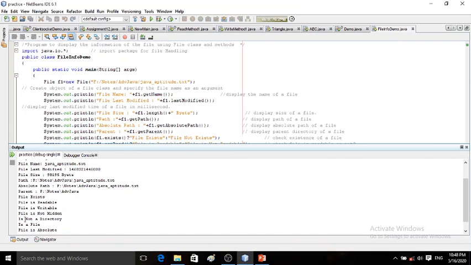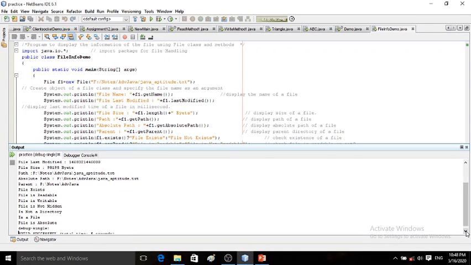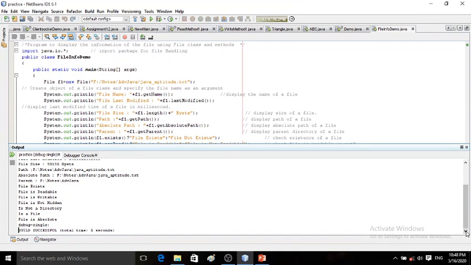We know that it is not a directory, so for isDirectory the response is "is not a directory". In response to the isFile method, we are getting "is a file", and in response to isAbsolute, we are getting "file is absolute" because the absolute path was already given at the time of instance creation. So this is the execution. All the methods related to the file we have executed.